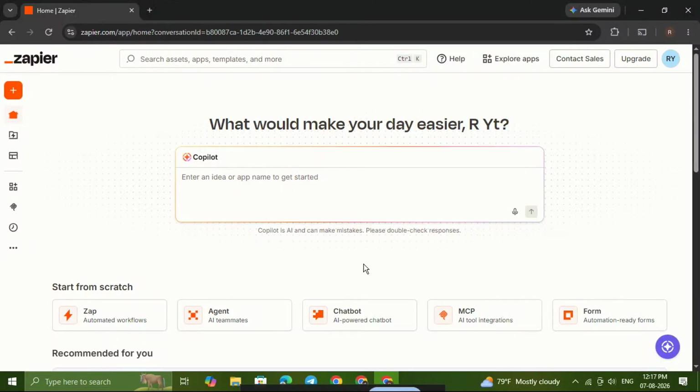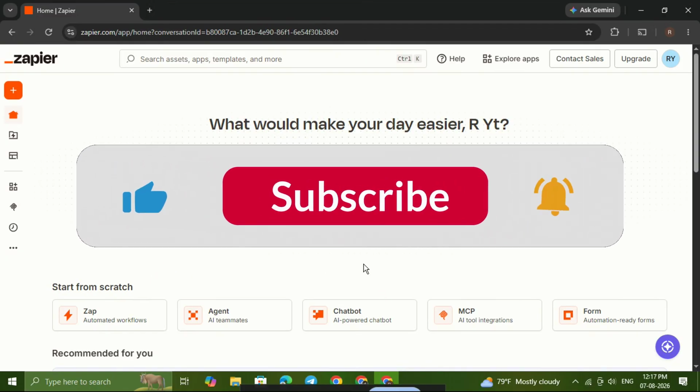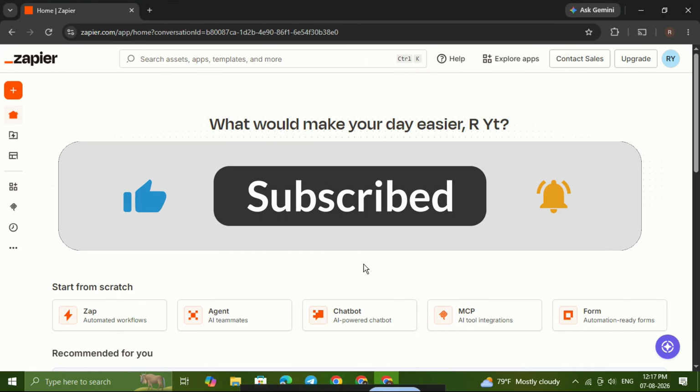If you've ever wanted to build smarter automations in Zapier that follow different rules depending on the situation, then Paths is one of the most useful features you can learn. In this video, I'm going to show you how to use Paths in Zapier step by step so you can create workflows that branch, make decisions, and send your tasks down the right route automatically. This is perfect for handling different lead types, customer requests, form responses, or any workflow where one trigger needs multiple